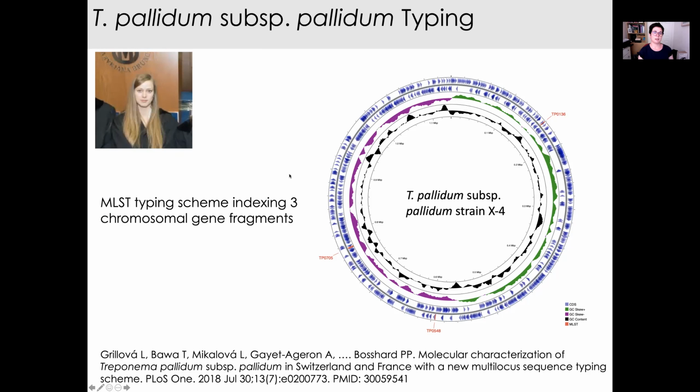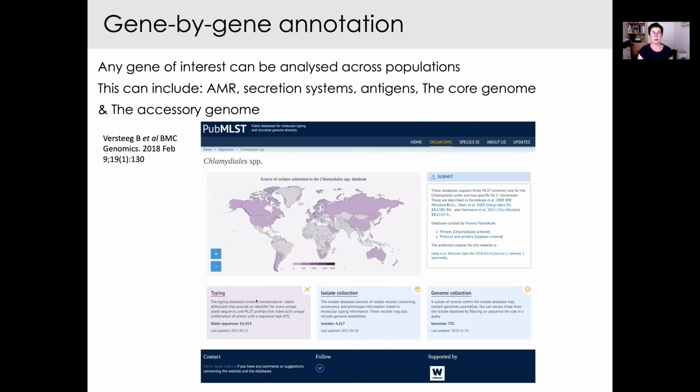And this indexes variation in three chromosomal gene fragments indicated here. So a first point of call then is undertaking typing analyses of your genomes using the sort of resources on PubMLST. Another way in which we can then look at genomes is to annotate them gene by gene, which is